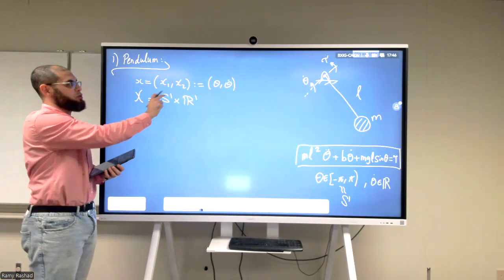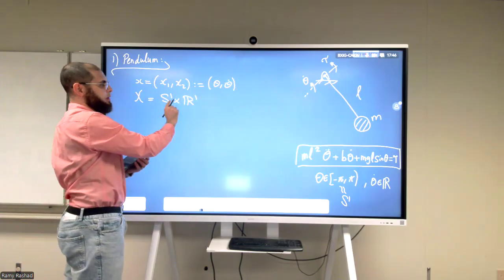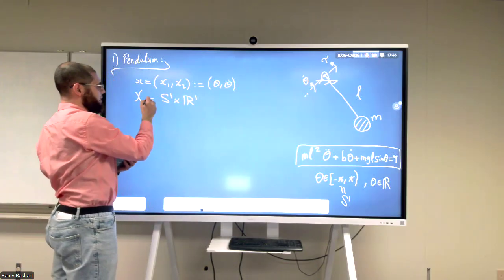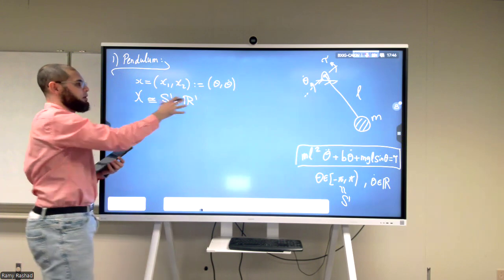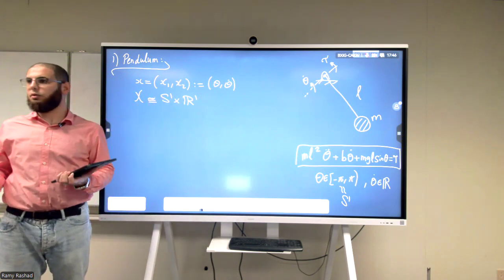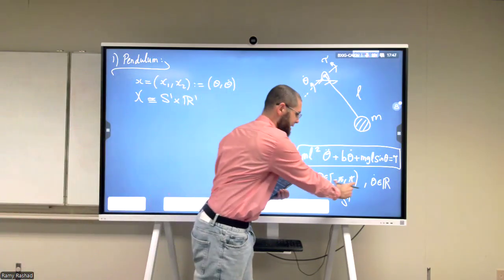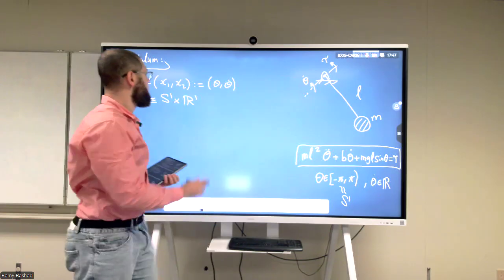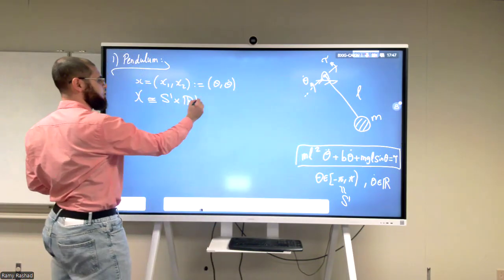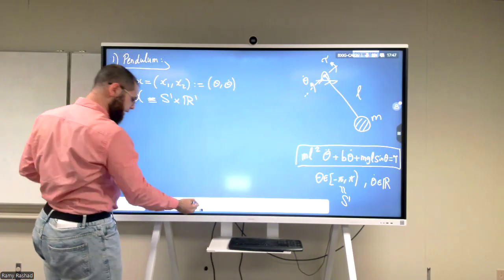It's not actually exactly the same. So we're not saying that theta lives in here and theta dot lives in there. We're actually saying that this is isomorphic to this set. So it's like a manifold, okay? It will be completely normal that you say x is this and this. That's completely normal, okay? So I can always say that this is isomorphic to this, but to be precise,